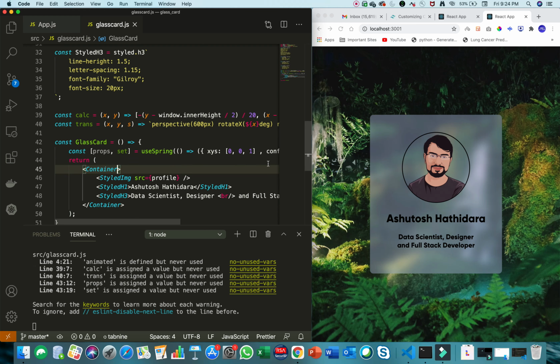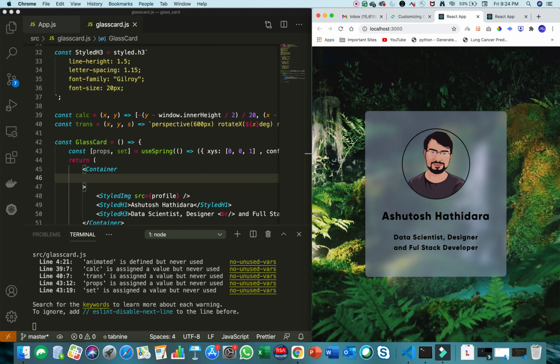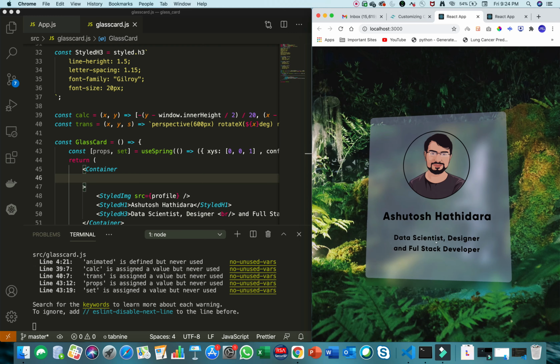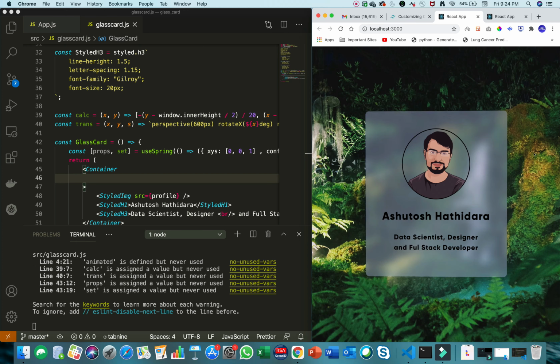So how to apply that element? First let's understand how we are going to have our animation. If you look at this animation, whenever we are hovering over it only then the animation is getting into place, and whenever we are taking our mouse away, then the animation is restored, and these parameters x, y, s are restored to 0, 0, 1.